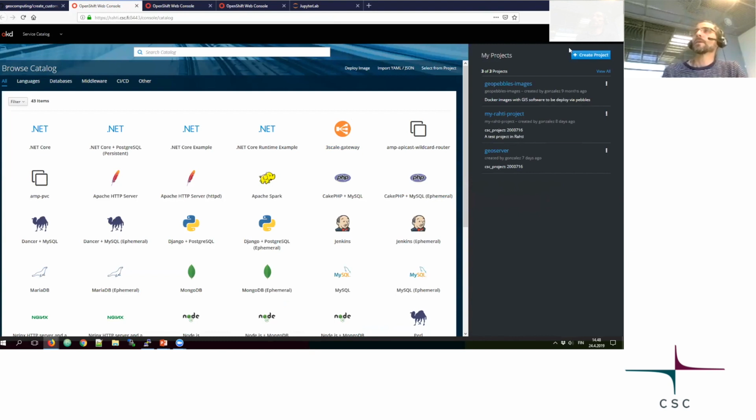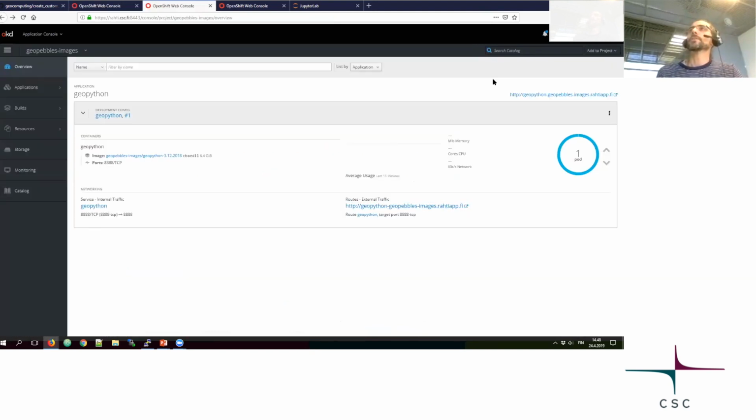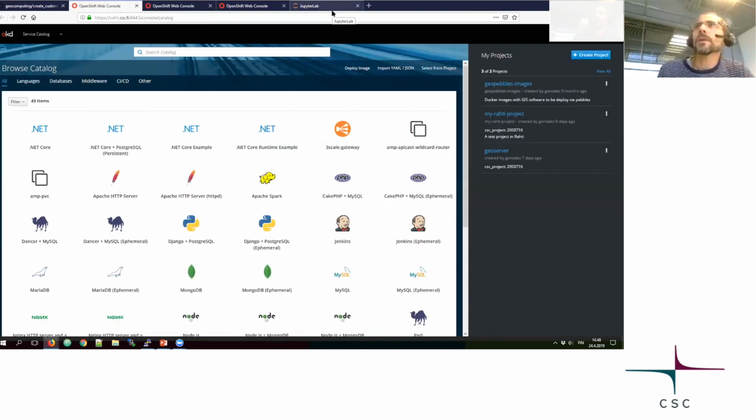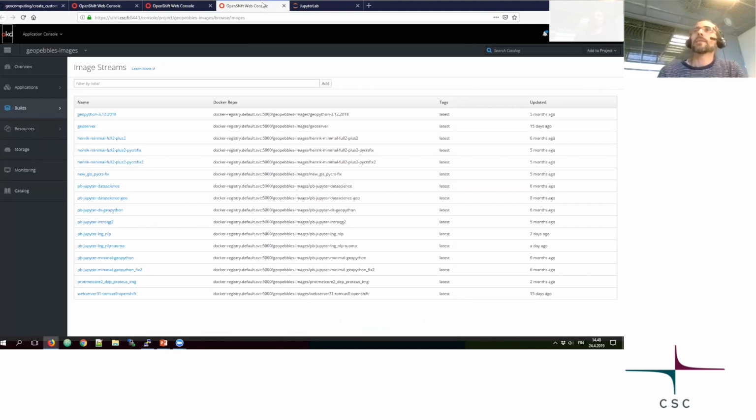And then you can go to your project. In this case, we have these GeoPebbles images. Let me click on the project itself. Nope. I wanted to see, this is the registry where I have these images. So I would have ended up having this, not that one, but some kind of